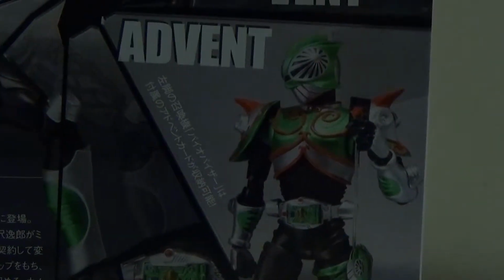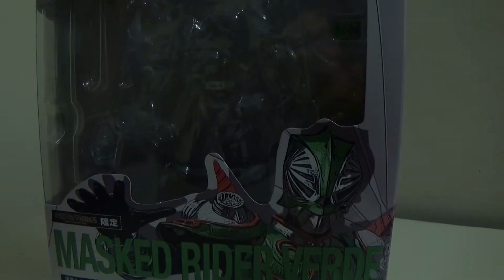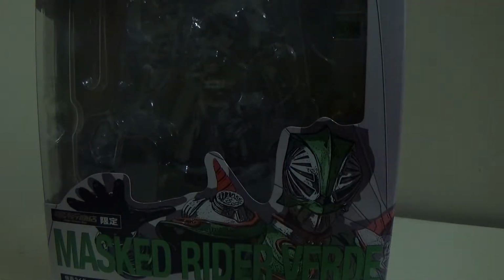Showing off the back, you have a lot of Japanese text, and a lot of things that talk about his many abilities, like the Advent and the Hold Vent, which I'll show off in the box, because I'm not really going to pull them out, because I don't want to lose anything. It's kind of like some hands, and you've got the cards he uses, like Hold Vent, Clear Vent, and of course his Attack Vent in America, but it's just called Advent in Japan, where he summons his Contract Beast Biogreza, and his